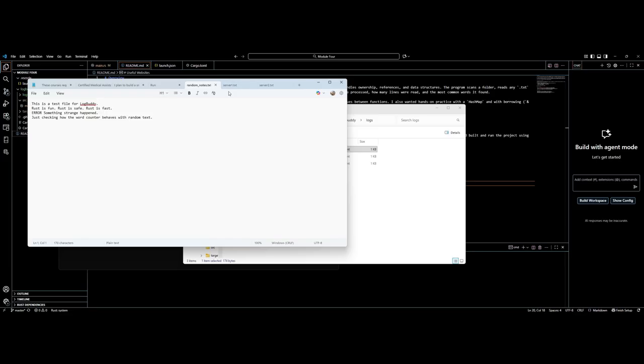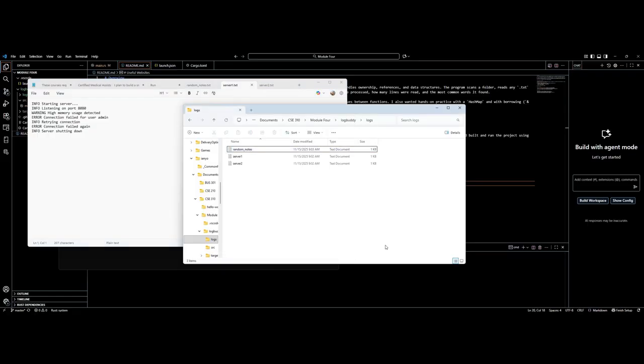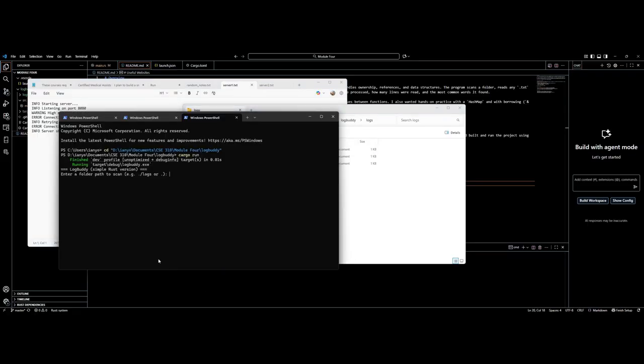So yeah, as you can see here, it's random notes, server1 and server2.txt. They have just a few lines of text here, and it is very basic just for the sake of the example here. So I'll go ahead and type .logs. Now the program goes through that folder, reads each .text and .log file, counts the words, and then prints